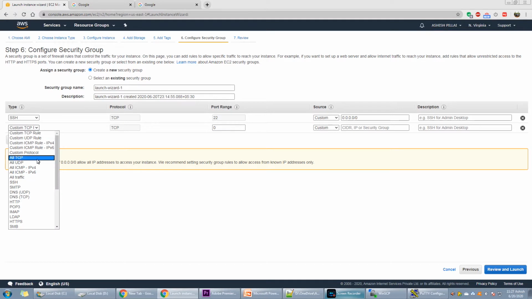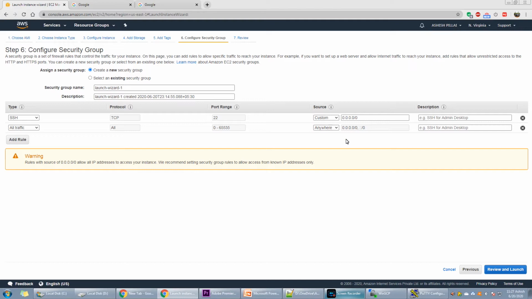Just as an example, if we want to allow all kinds of traffic, we have the option to filter on the basis of the type of traffic or the protocol. But in case we want to allow all traffic, that is all protocols and all ports, we have to mention the source.